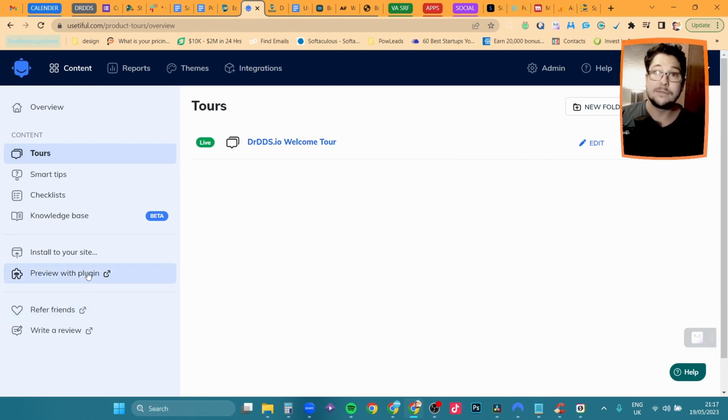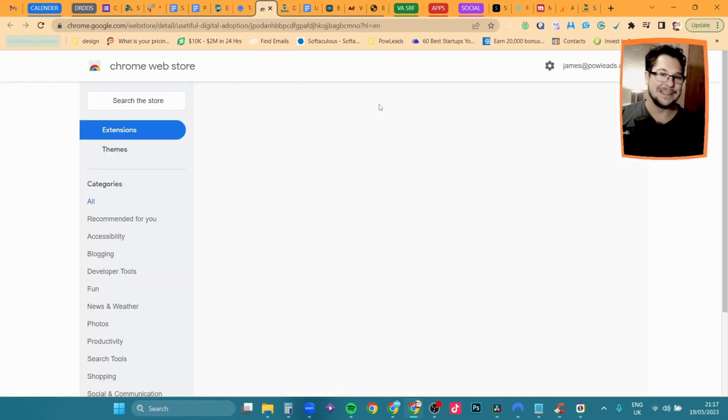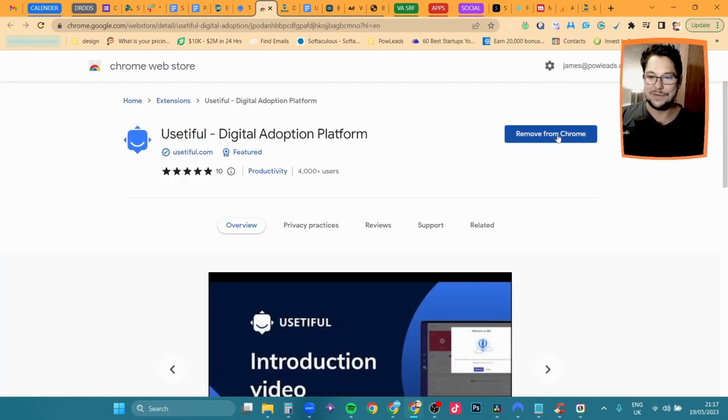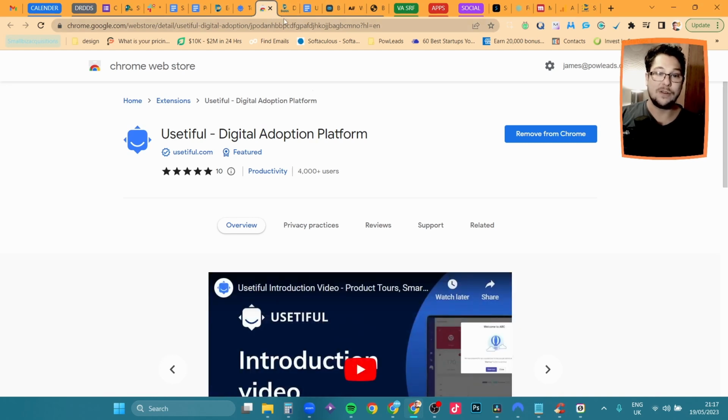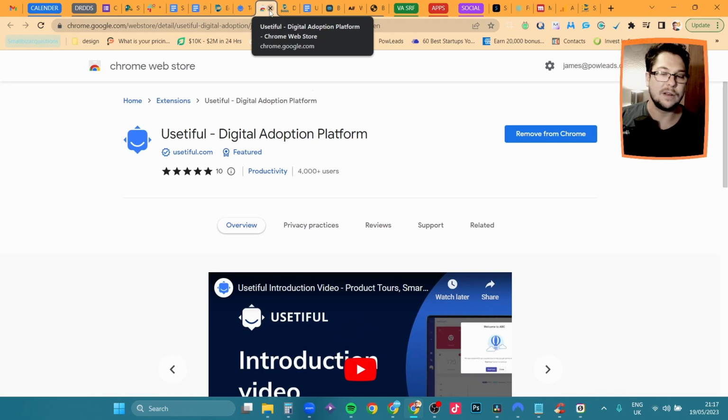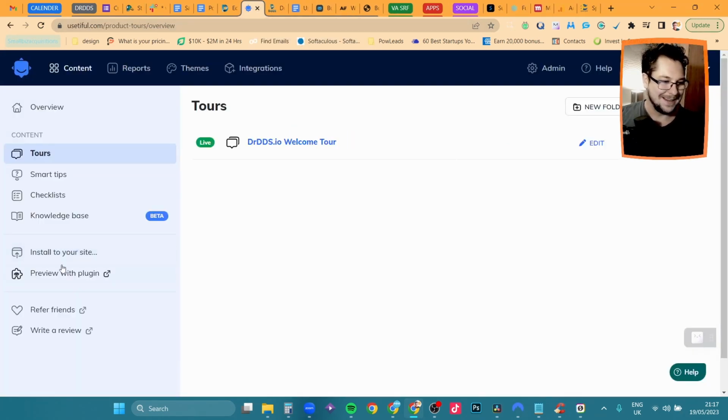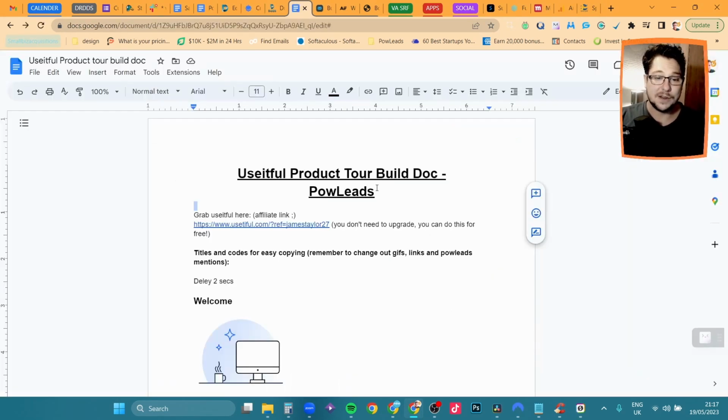Preview with plugin. There we go. So click on that and you can install the Useitful plugin, and then you log in. So make sure you're logged in here and then you're logged in on the app, the web app. And so go and add your first tour, and then what we'll do, and have this open as well,